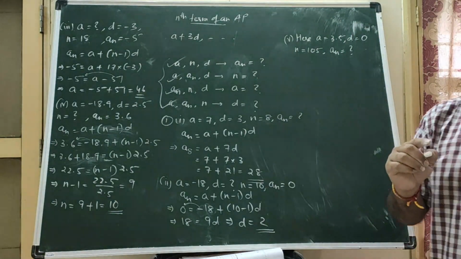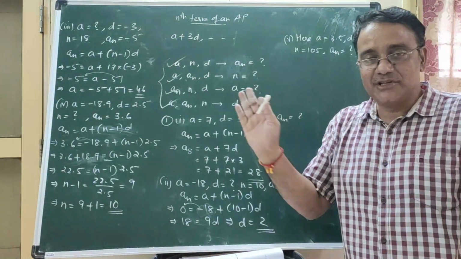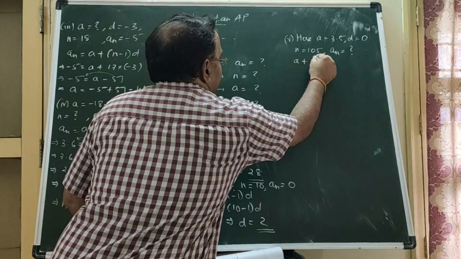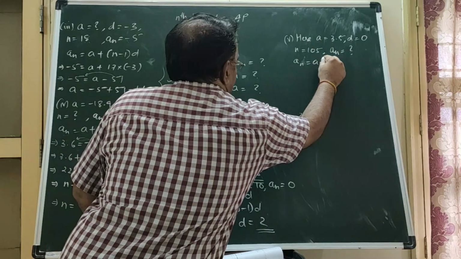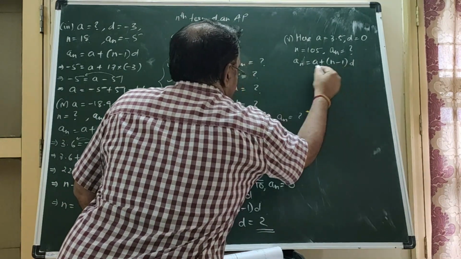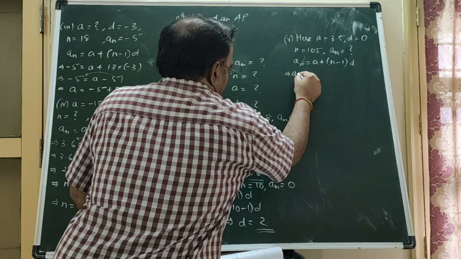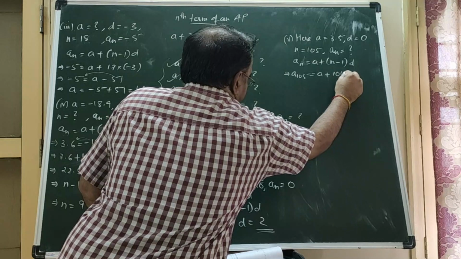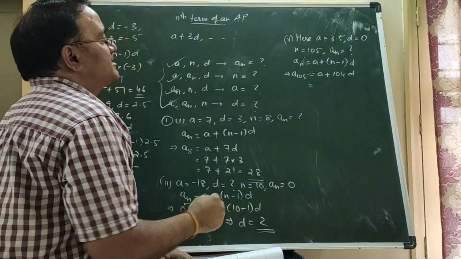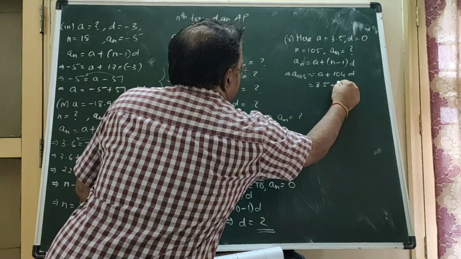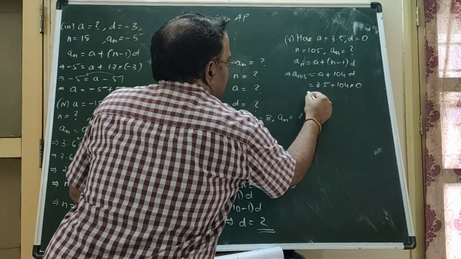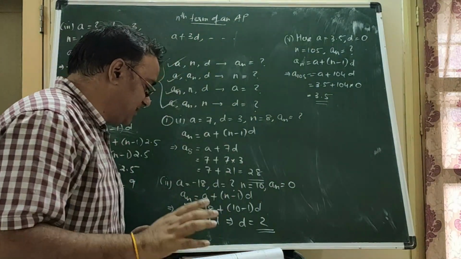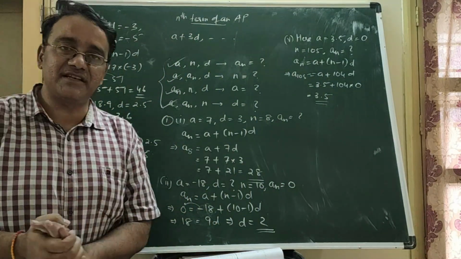So यहाँ पे common difference 0 है. That means all terms are the same, but we have to show it. So first we have to write the formula. an is equals to a plus n minus 1 into d. So n is 105. So ये हो जाएगा a plus 104 into d. So what is a? 3.5 and 104 into 0, that will become 0 and we'll get 3.5. Okay. So we have completed the first question of the next exercise.